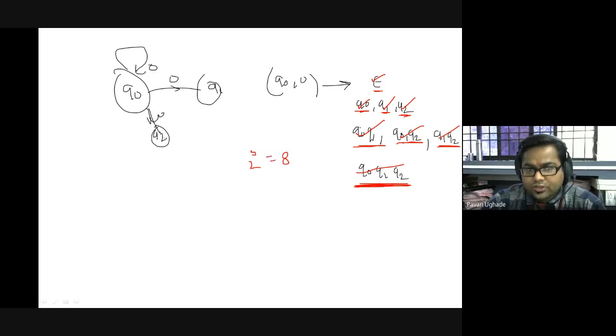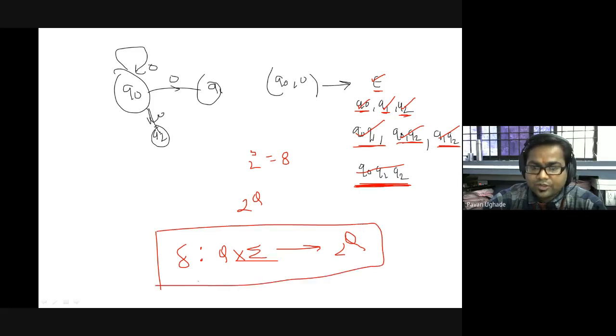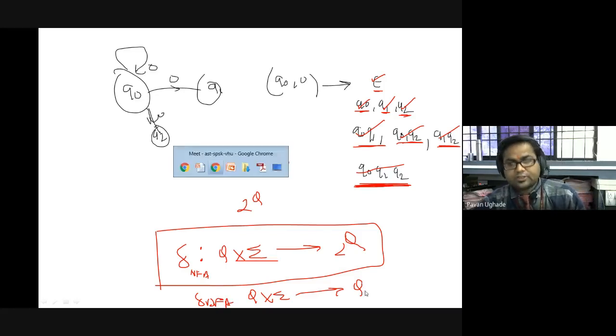Okay. What was 3? 3 is the number of states. So it is 2 raised to power Q. The transition function for the non-deterministic finite automata gives rise, from state over alphabet, to 2 raised to power Q. This is for NFA, while in case of deterministic finite automata we have said that state over alphabet gives rise to only one state. This is the transition function for DFA. This is a very important point that we were discussing.